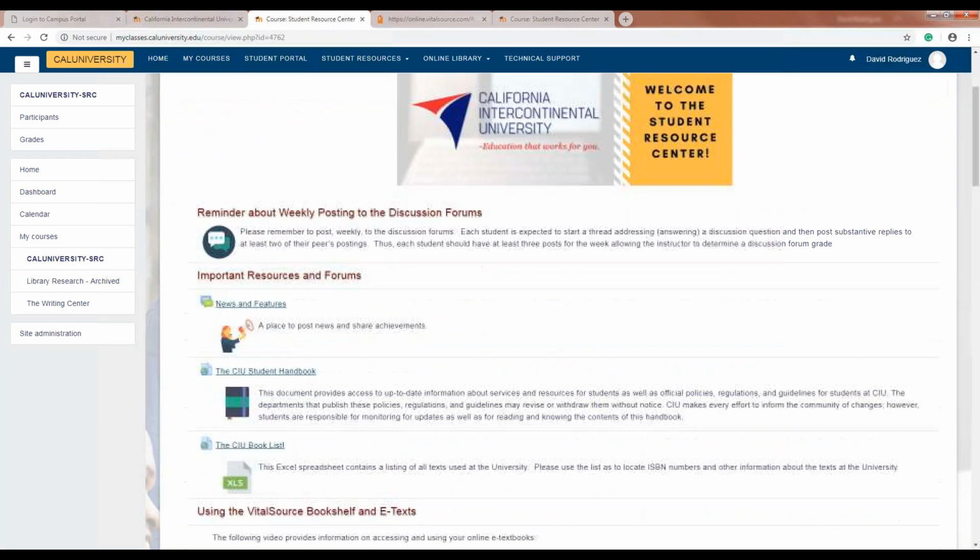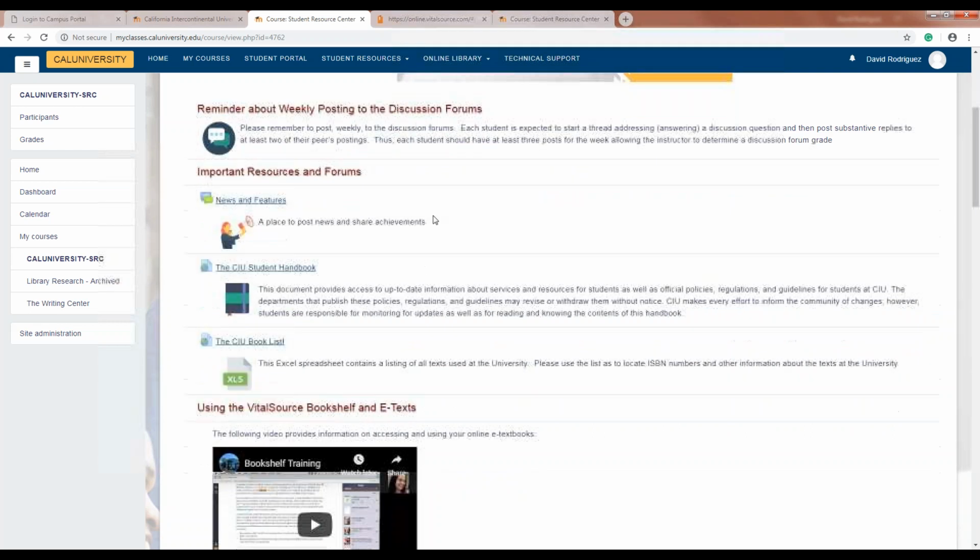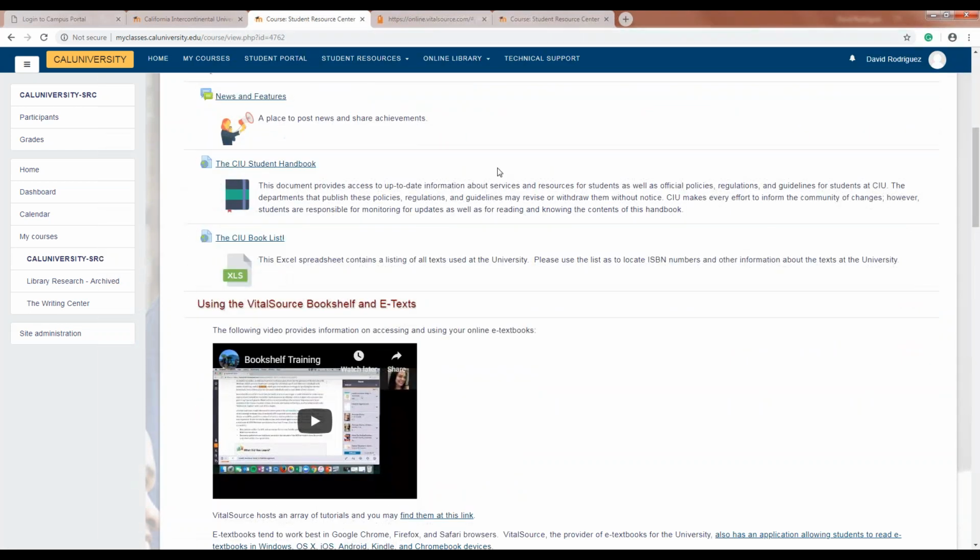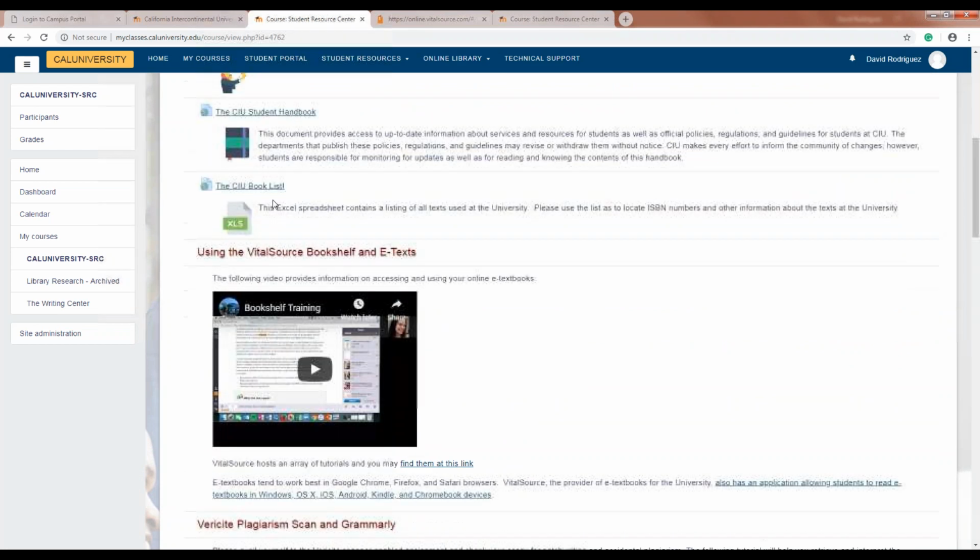A lot of great information in the Student Resource Center. These are important resources and forums. This is open to the entire student body, not just your classroom. This is everybody here. The CIU Student Handbook, the CIU booklets for those of you who prefer a physical textbook,